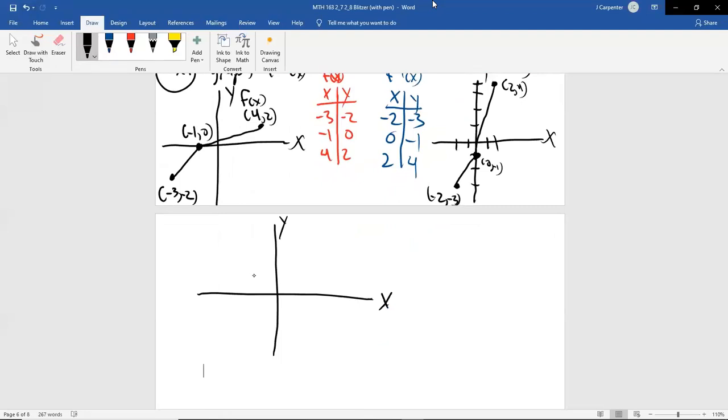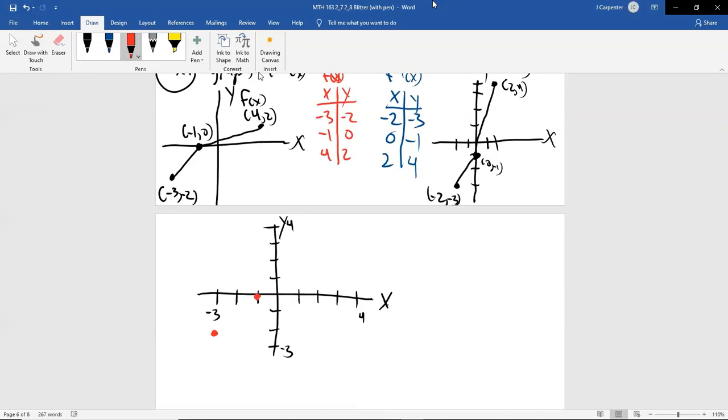We gotta go right 1, 2, 3, 4. I'm gonna try and keep these symmetric. 1, 2, 3, 4. And then down 1, that looks a little too far. 1, 2, -3, and then left 1, 2, -3. So in red, the regular function, (-3, -2) was right here.